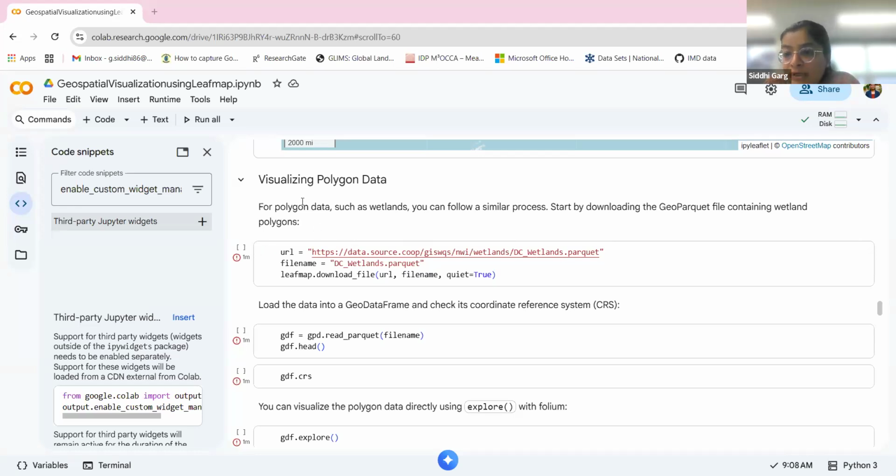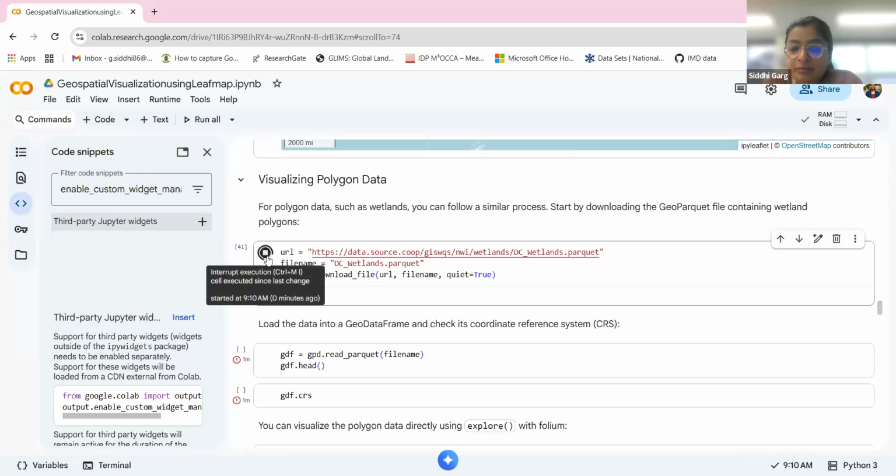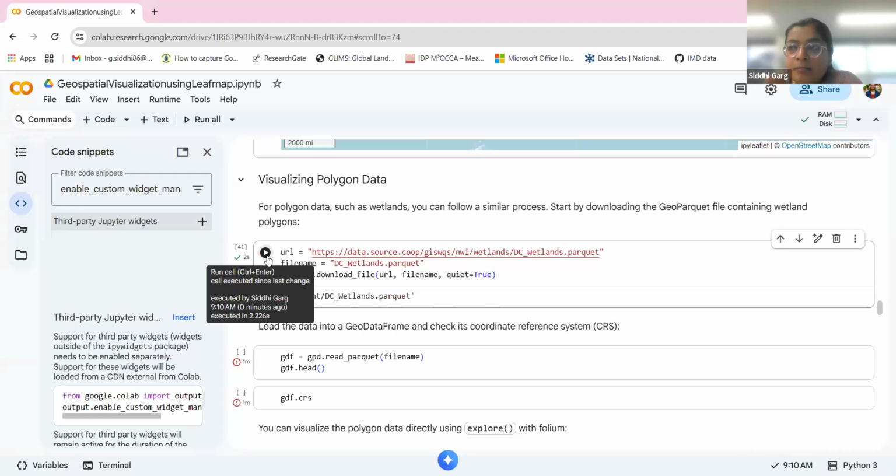But if you have any data set that is present in this particular format, then how can you process or visualize that data set? First you will download it, because here in Google Colab at least we cannot visualize anything because everything is done on the cloud. So we need to first download this information